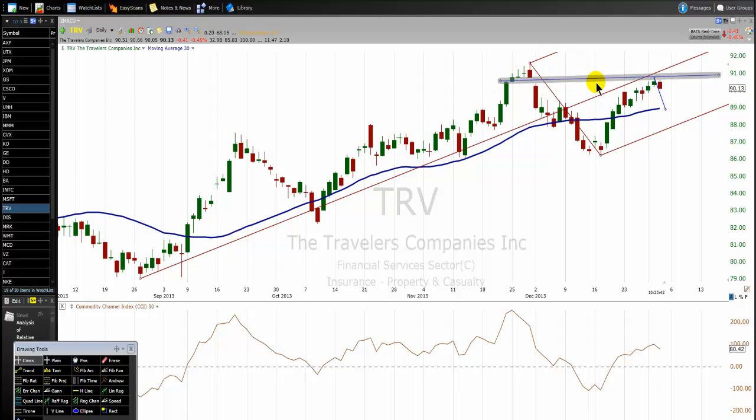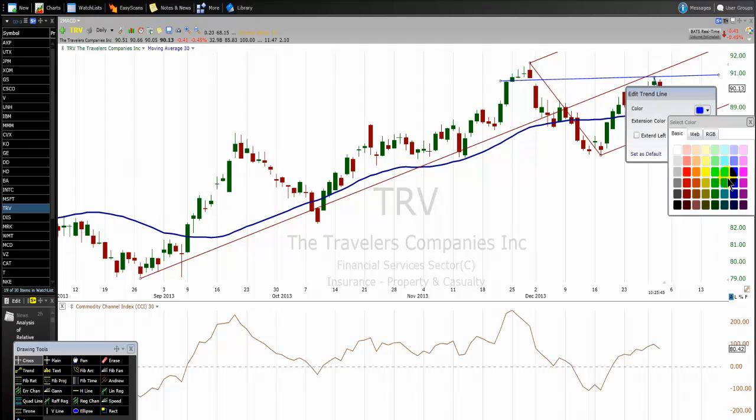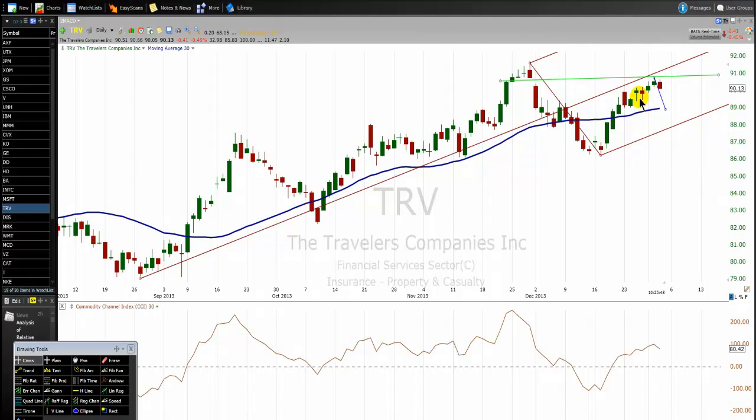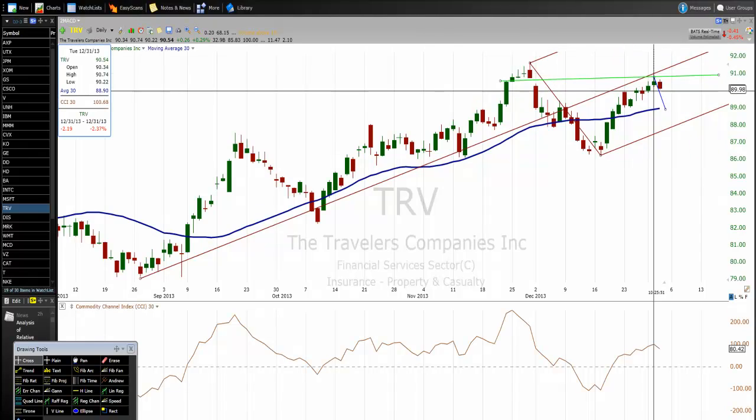I'll color this line green again, and I will say, in this scenario, priority to bullish signal above